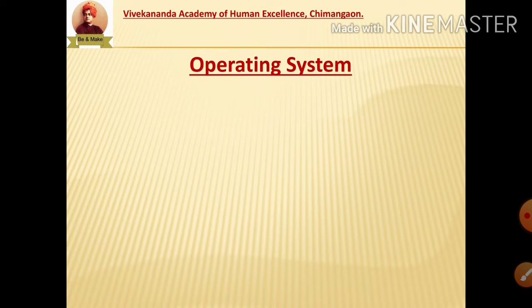The first concept that we are going to learn in this lesson is operating system. As you know, the operating system is a system software. Now in previous class we have learned about the two types of software. One is application software and another is system software. Application software is used by user to perform specific tasks. For example, Microsoft Word, PowerPoint, some of the game applications or music, those are considered as application softwares.